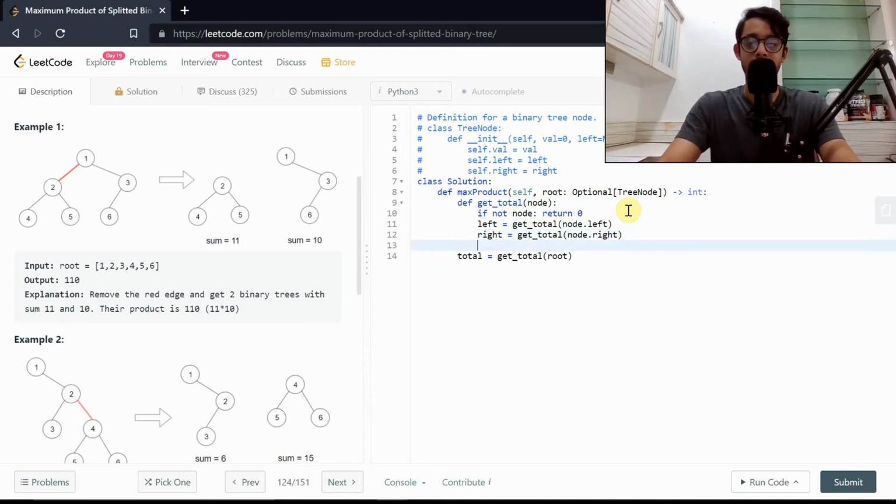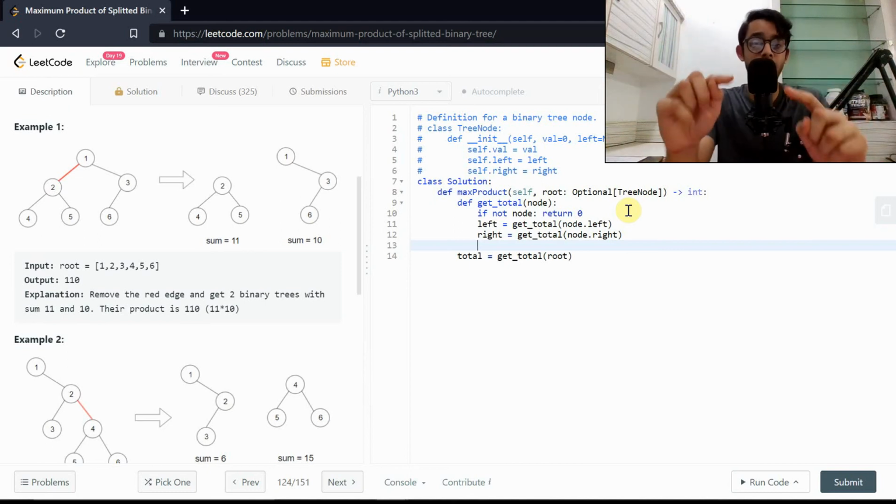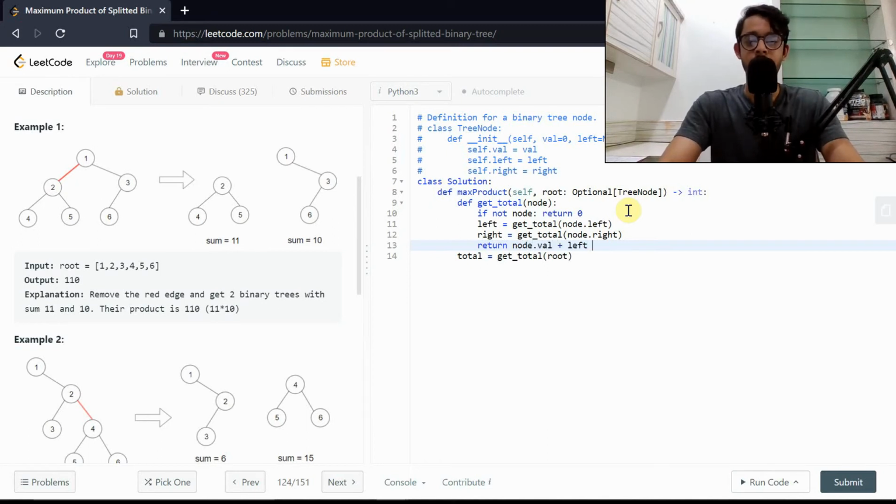Now, how do you actually get the total? Well, you'll take the total from the left subtree and the right subtree, add them to the current node value and pass it on over. So we're going to return the current node value, the left tree's answer and the right tree's answer. As simple as that. Now let's come to the second point of the solution,